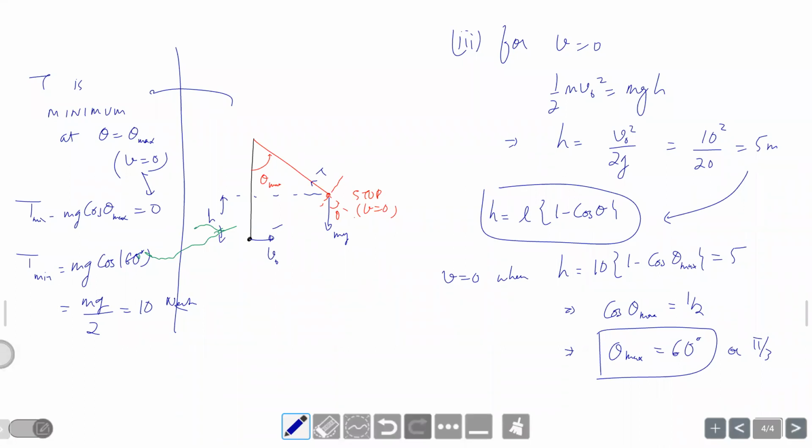Okay, so now see, based on this, we saw that if the thread length was 10 meters, then how much speed we needed to give for it to reach 60 degrees? We needed to give it a speed of 10 meters per second. But now in a more general case, if I wanted to reach 90 degrees, what is the minimum speed I need? So now I ask myself, to reach the 90 degree position.